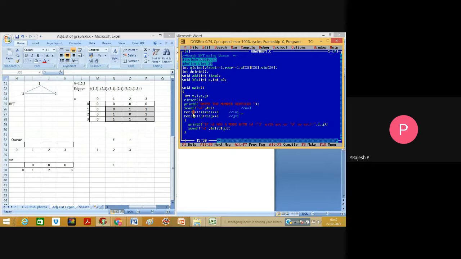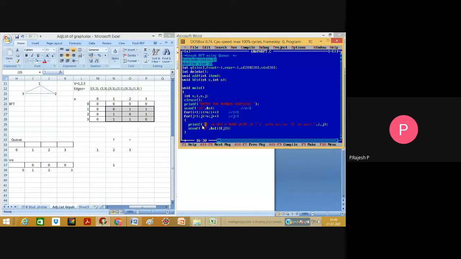For i equal to 1 and j equal to 1, I'm going to start the values from 1, 2, 3, in the columns as well as in the rows. I'm ignoring index 0 completely.